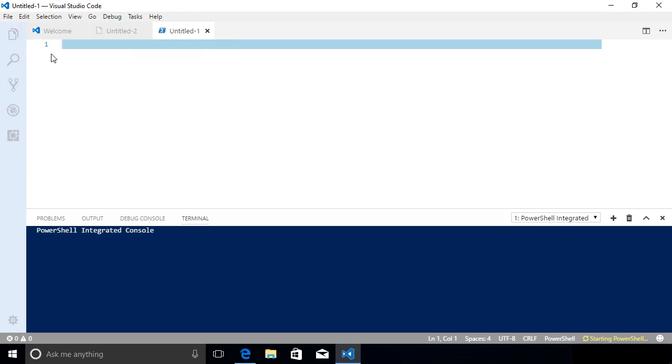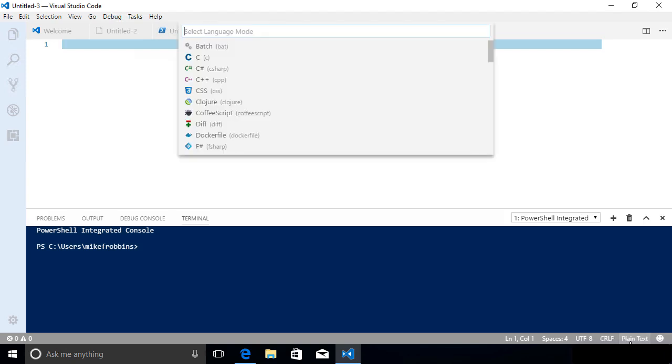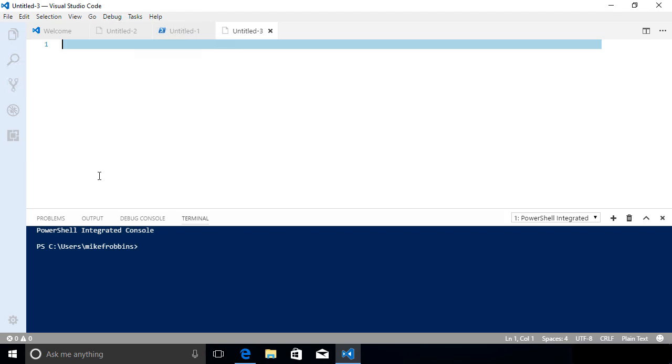But every time, if we press Control N for another new tab, this new tab, even though it has the PowerShell console at the bottom, which is open for Untitled 1, you'll notice Untitled 3 is still plain text. We could click on it here and change the language mode as well. But there's an easier way. If you're strictly going to use this for PowerShell, or if it's going to be your primary PowerShell development environment,